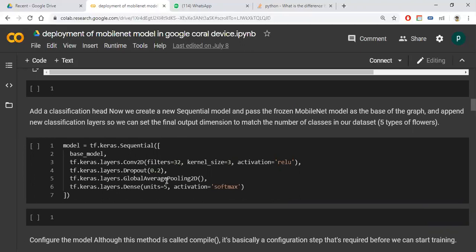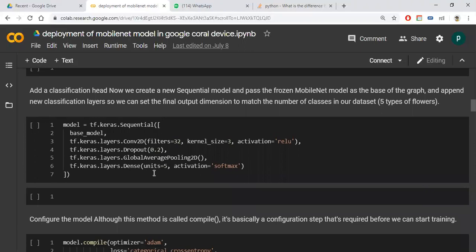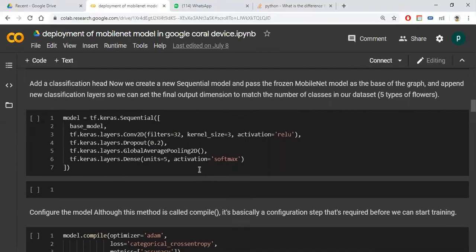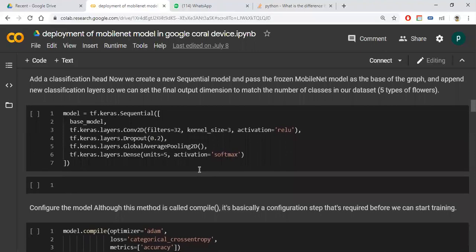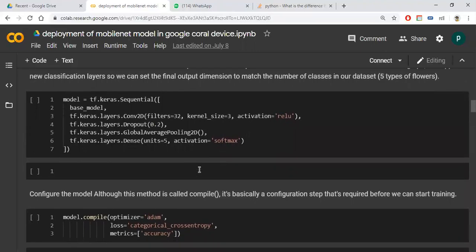How does it remove? Because if the weights are very small and cannot be updated, it removes those weights, and global average pooling. And finally, we have 5 classes now. It is a classification problem. I am importing softmax, the softmax activation function. It gives output as a probability from 0 to 1.